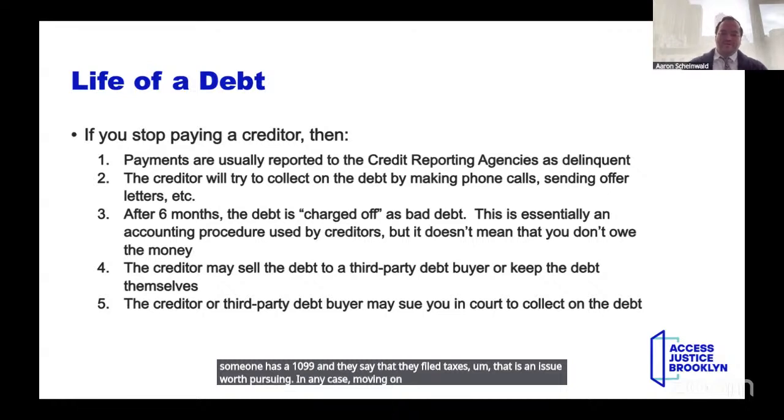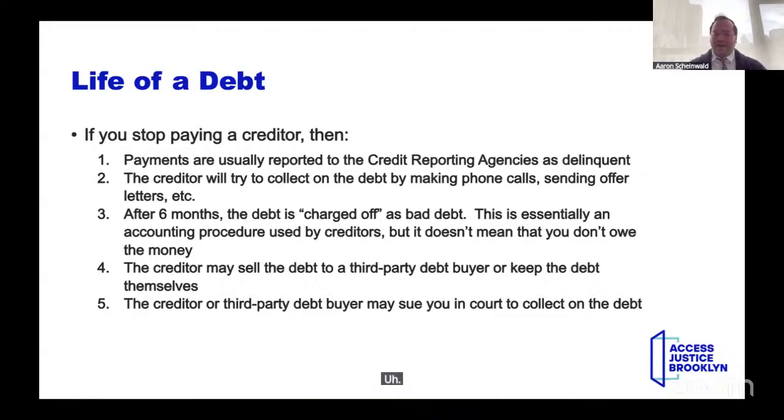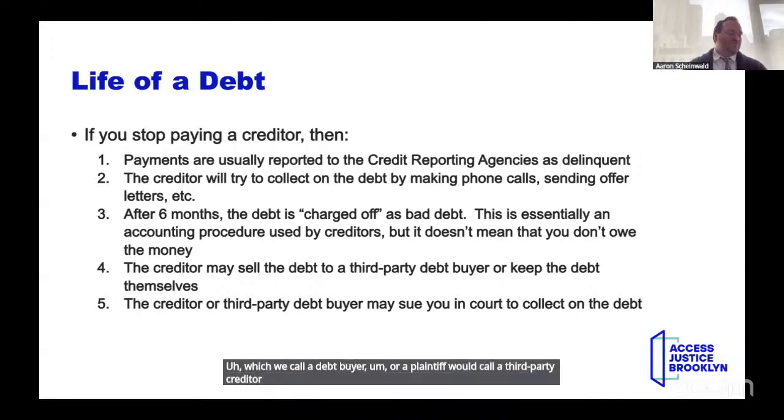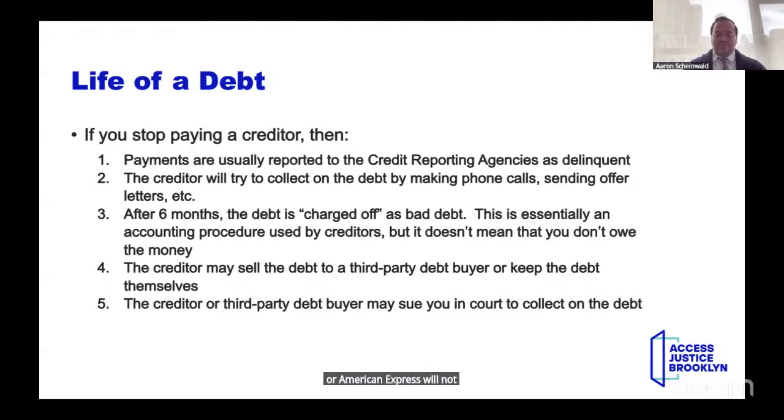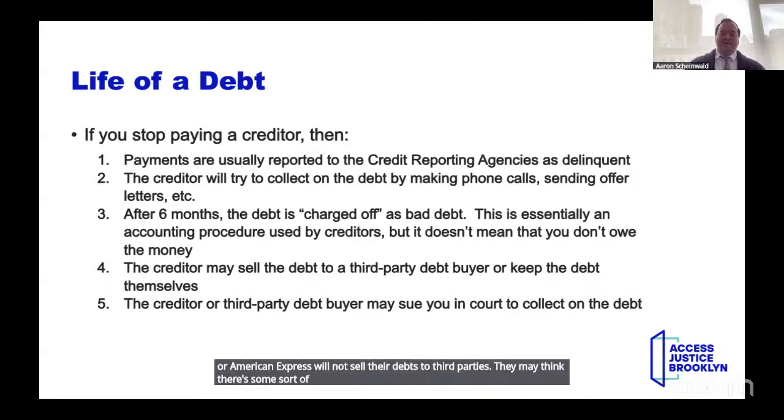Step number 4, the creditor may sell the debt to a third party, which we call a debt buyer, or a plaintiff would call a third party creditor. But we refer to them as debt buyers, or they may keep the debt for themselves. And that is just a choice that businesses make. It may change over time. But a lot of larger companies like Chase or Bank of America or American Express will not sell their debts to third parties. They may think there's some sort of prestige issue at play or something like that,